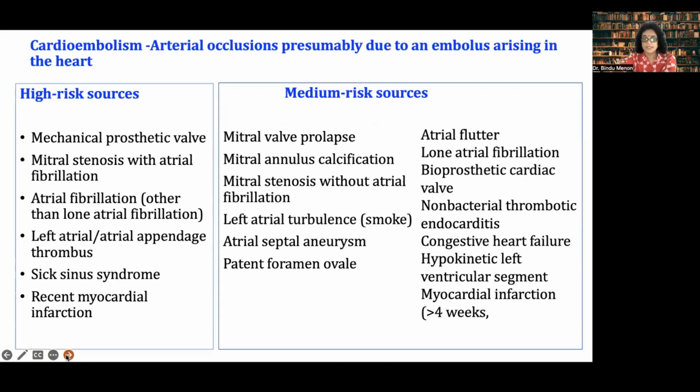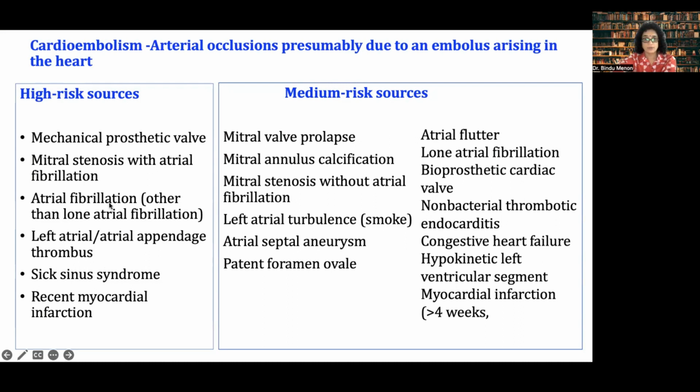Now, let us look at cardioembolism, the arterial occlusion presumably due to an embolus which arises in the heart and flows to the vessels of the brain. They are categorized as high risk and medium risk sources. The high risk are mechanical prosthetic valve, mitral valve repair, mitral stenosis with atrial fibrillation other than lone atrial fibrillation, the left atrial and left atrial appendage thrombus, the sick sinus syndrome, and